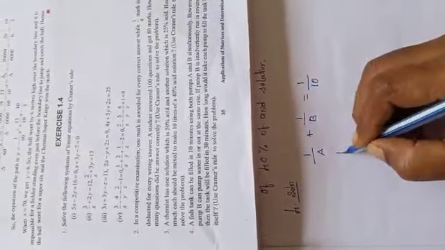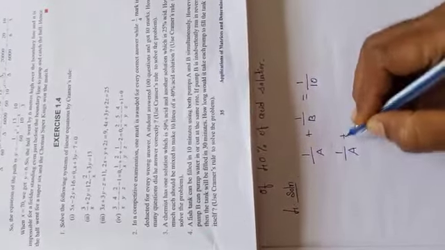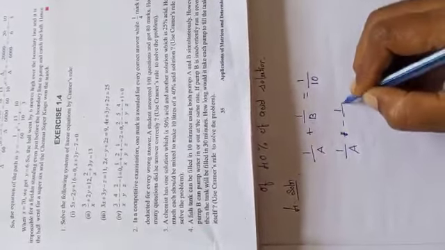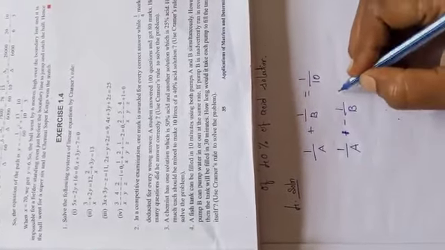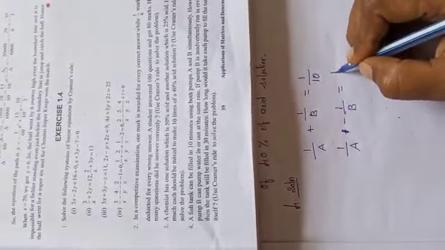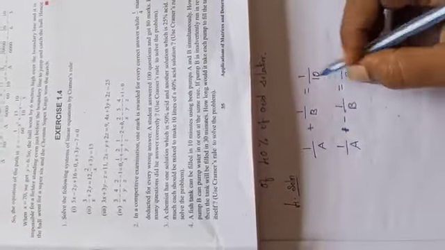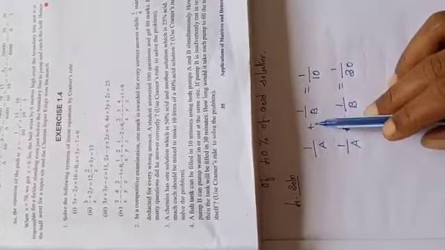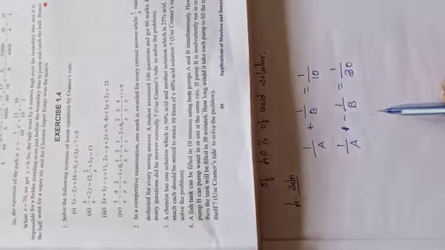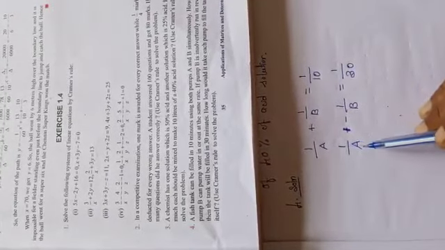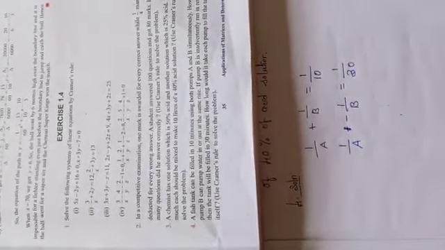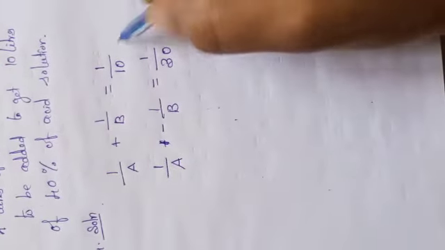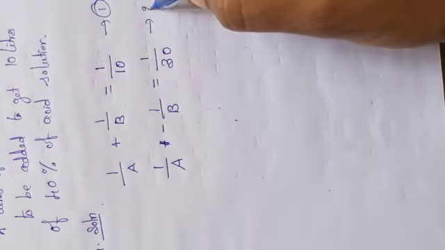The same way, when 1 by A is filling and 1 by B, because B is running in reverse order, that time it took 30 minutes. So I can write it as 1 by 30. This we have written out of 1 minute. Okay, out of 1 minute the pumps 1 by A plus 1 by B equal to 1 by 10. The same way, when B is running in reverse order, 1 by A minus 1 by B is equal to 1 by 30. See, this is equation number 1, equation number 2.